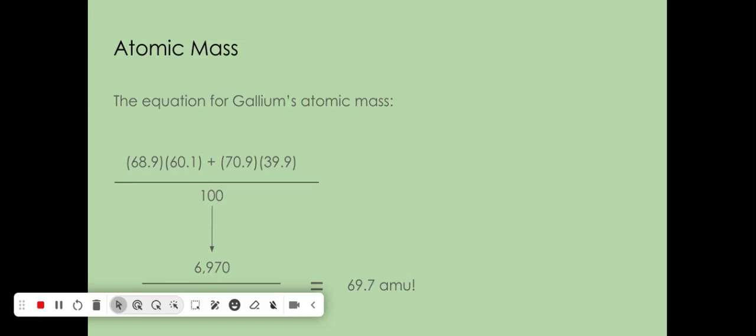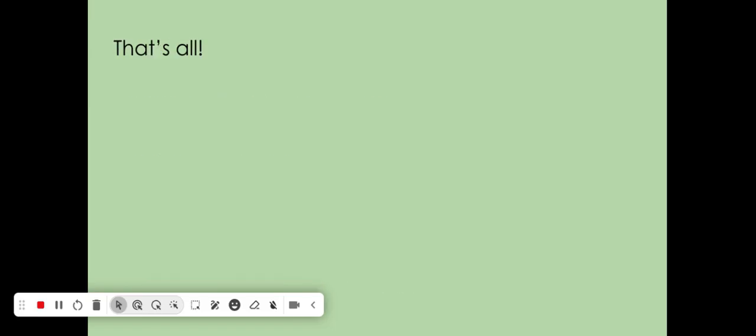69.7 atomic mass units. And that is all for the